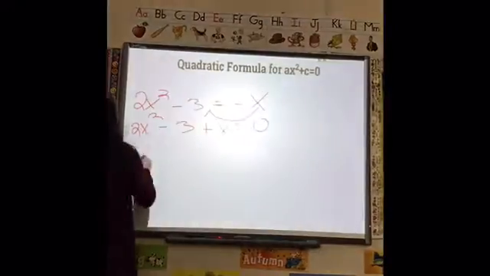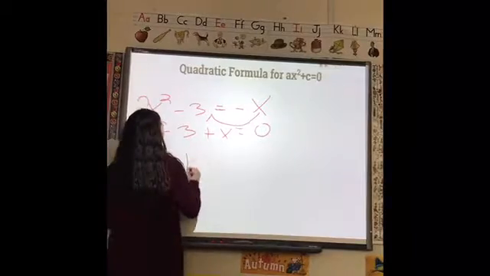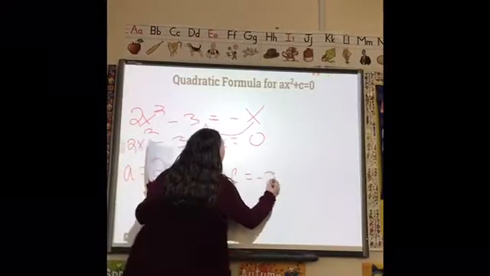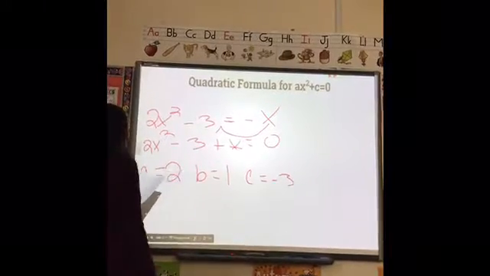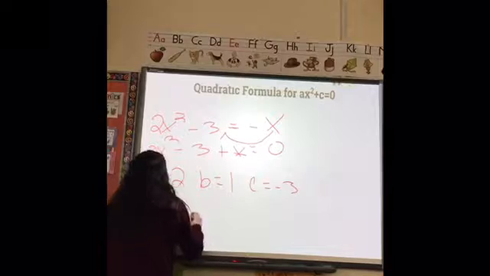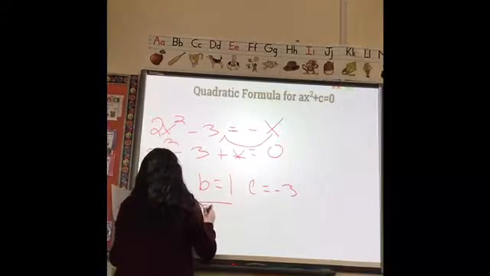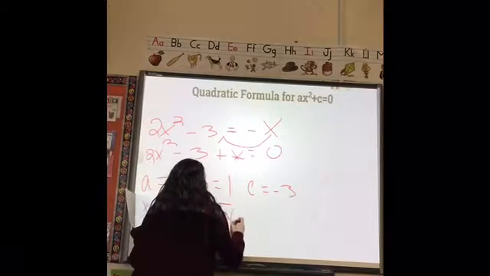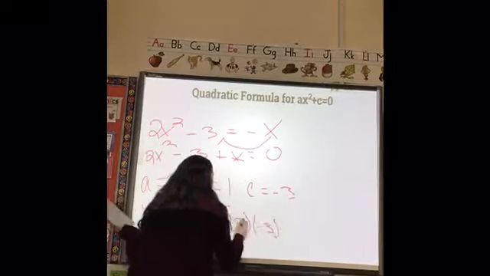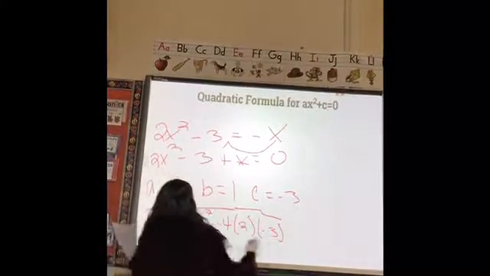Okay, so now we're going to get the a, b, and c values. So a equals 2, b equals 1, and c equals negative 3. So now we're just going to plug them into the quadratic formula. So we have x equals negative 1 squared minus 4 times 2 times negative 3. Okay, and that's all over 2